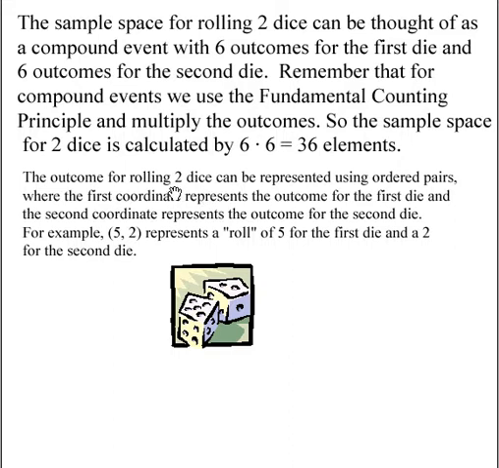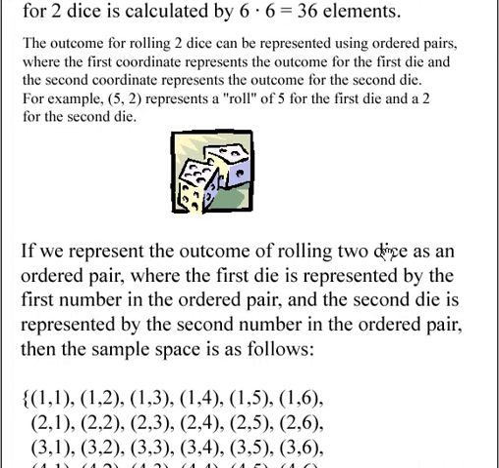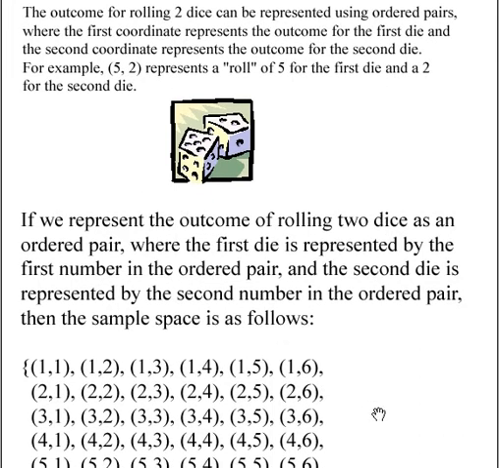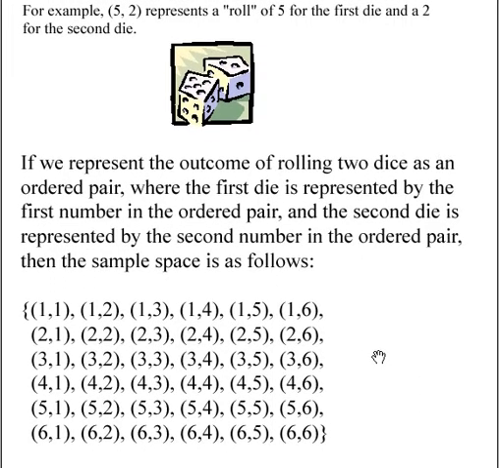One way to represent this is to think of each roll of those 2 dice as an ordered pair. So for example, the ordered pair 5, 2, instead of being an x and y value that we're plotting on a graph, 5 would be one die, 2 would represent what we got when we rolled the other die. So if we represent these 2 dice as a set of ordered pairs, this represents our sample space. We could get a 1 with a 1, a 1 with a 2, 1 with a 3, 1 with a 4, 1 with a 5, 1 with a 6, 2 with a 1, 2 with a 2, 2 with a